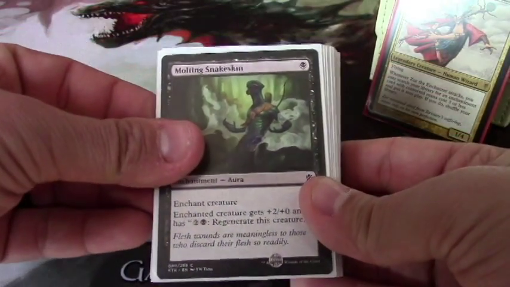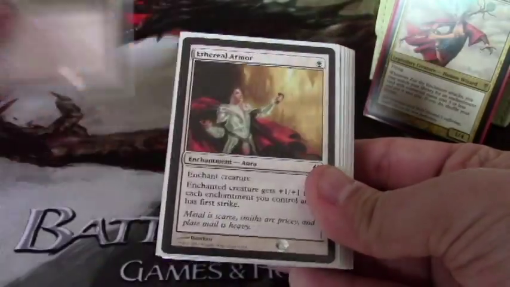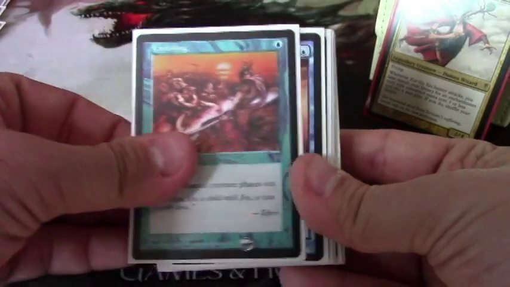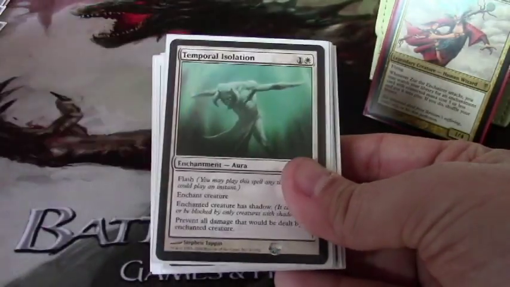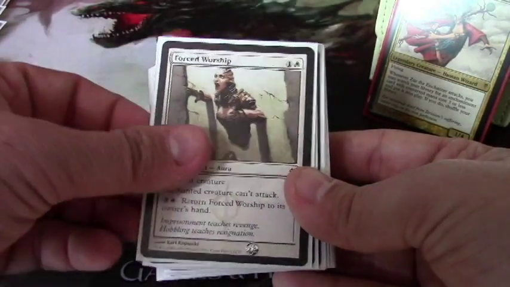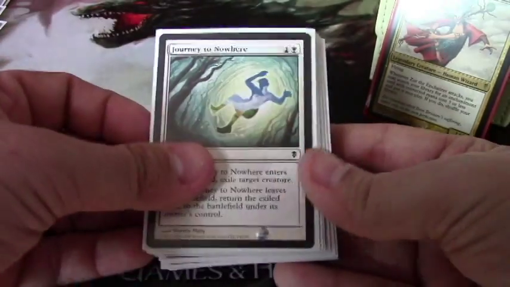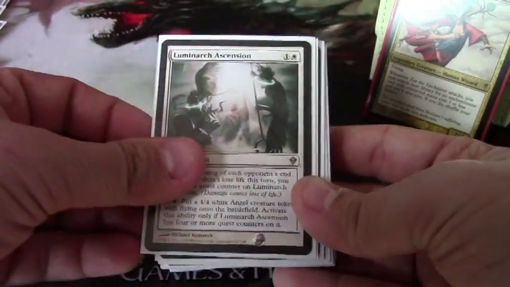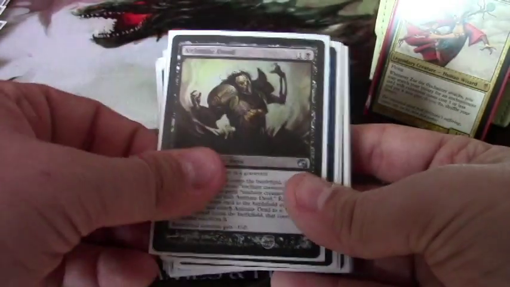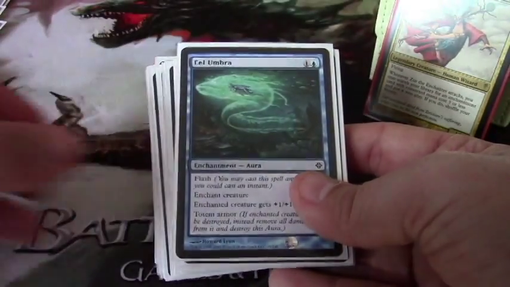We have Molting Snakeskin, Detainment Spell, Hyena Umbra, Ethereal Armor, Crab Umbra, Vanishing, Aqueous Form, Temporal Isolation, Bonds of Faith, Forced Worship, Suspension Field, Defang, Journey to Nowhere, Luminarch Ascension, Flicker Form, Pacifism, Animate Dead, Invisibility, Narcolepsy, Eel Umbra,